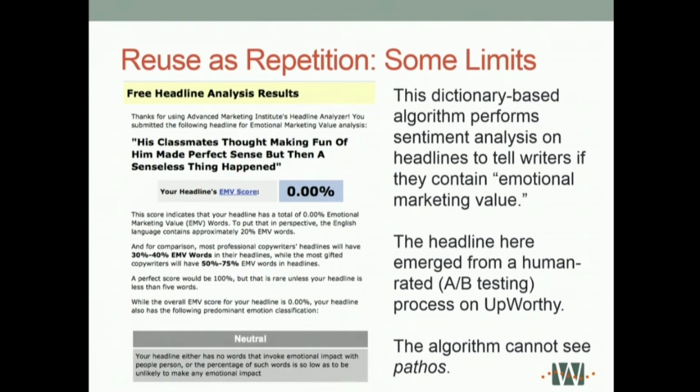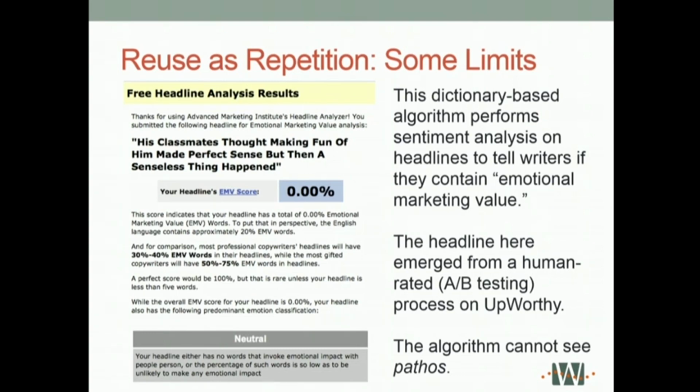So if we think about reuse simply as repetition of words, and this is something that a lot of algorithms take a lot of heat for, they're bad at it. This is a little tool that's made by the Advanced Marketing Institute online. And it's supposed to tell you how to write an emotionally effective headline for your page. So I picked one off of Upworthy.